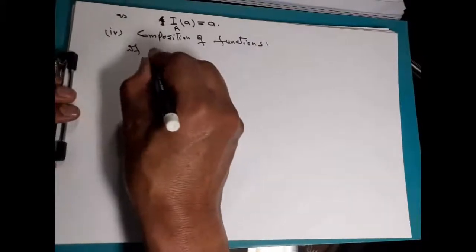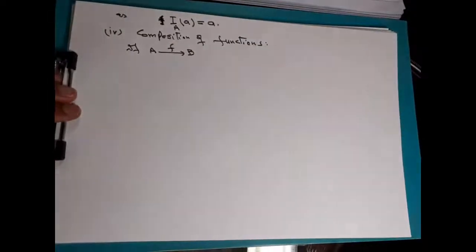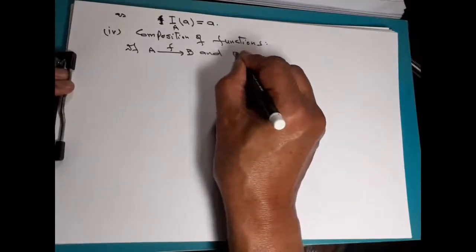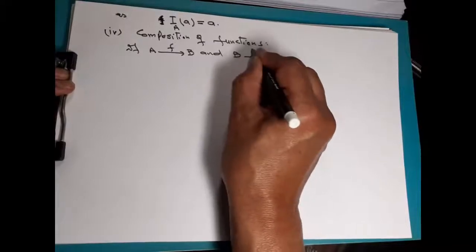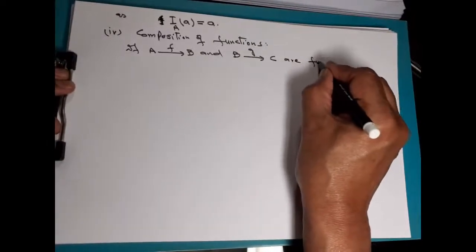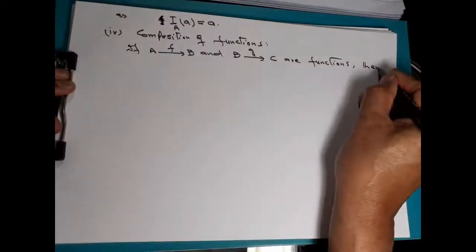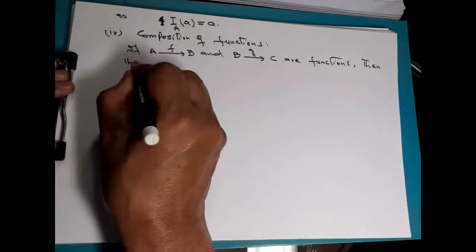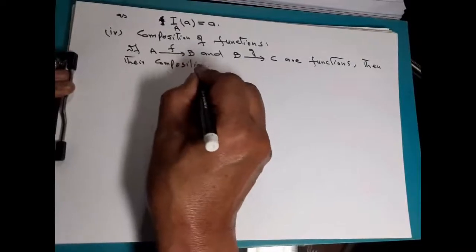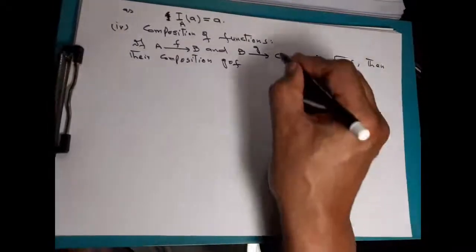If f is a function with domain A and codomain B, and g is a function with domain B and codomain C, if these are functions, then their composition, and this is denoted by g circle f, is defined as